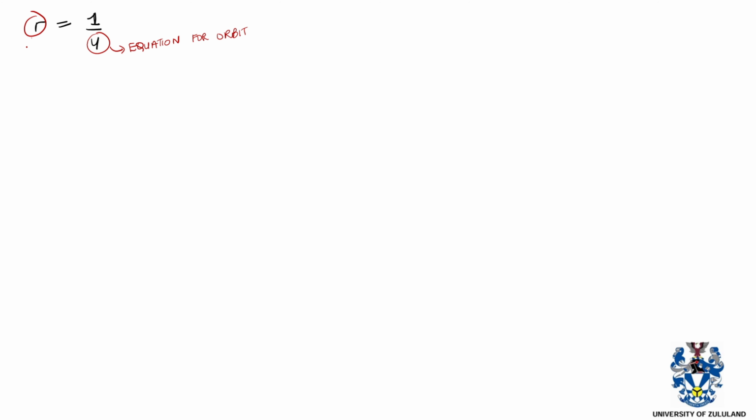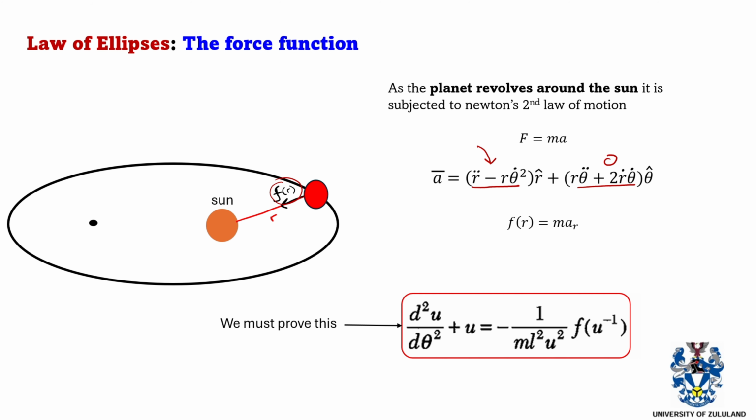So r is the radial distance between the planet and the sun. So r is equal to 1 over u. Let us now start to express. In this case, we can say r is actually given by u to the power of minus 1. Okay, so now, what can we do? We can try to find r dot and r double dot. Why are we doing that? Because for us to find our radial force function, Fr, we have to get the following things.